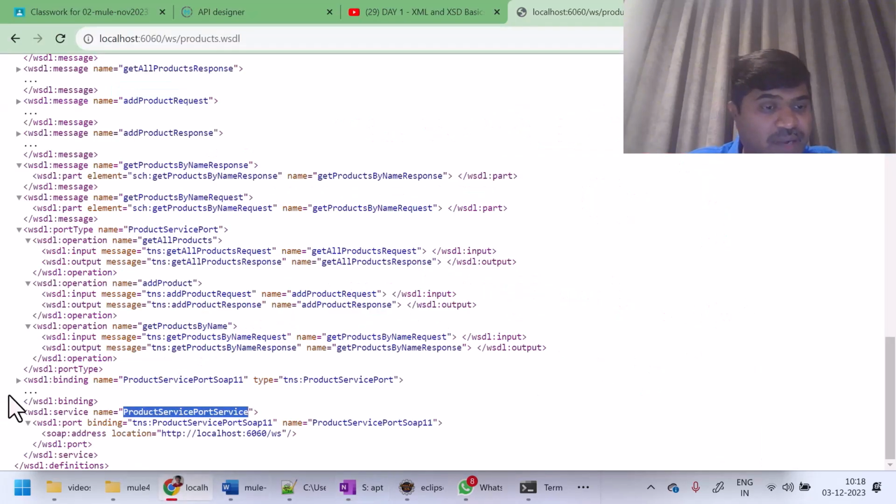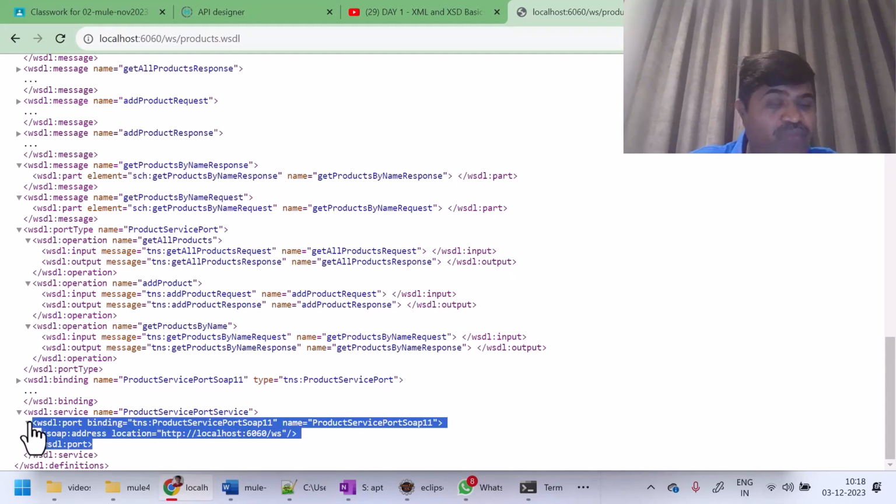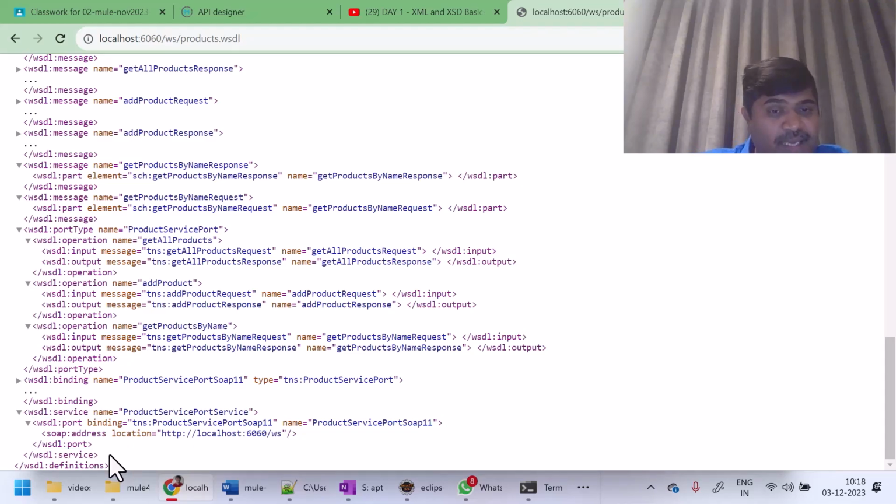So here you can see under one service tag, there can be multiple port tags. This is only one port tag right now. So in this port, it is saying it is using this binding. What is this binding pointing to? Here is a binding, right? This is the HTTP binding. So we are saying here on this port, we are using the HTTP binding and the endpoint